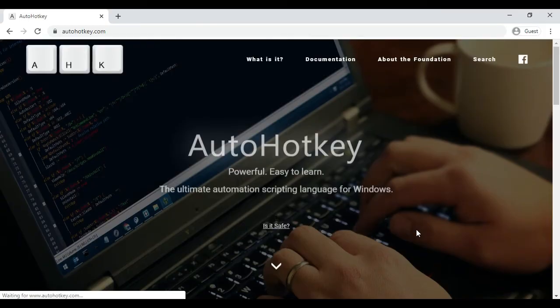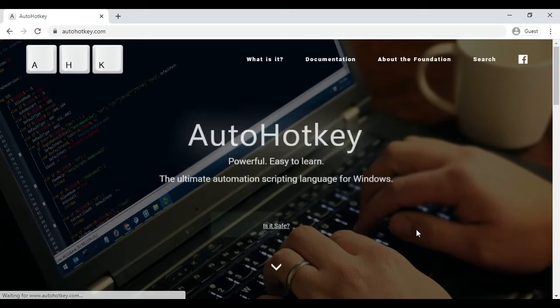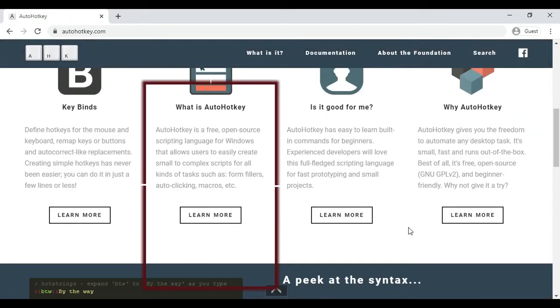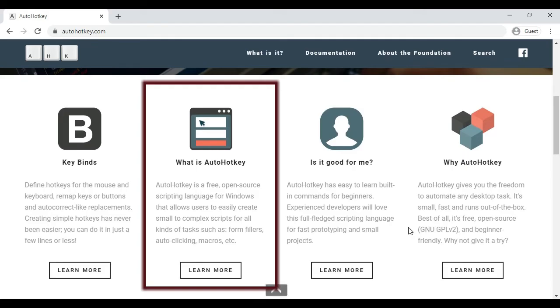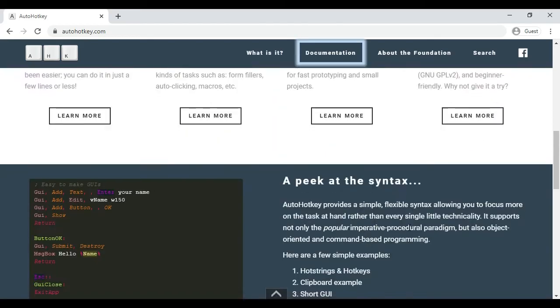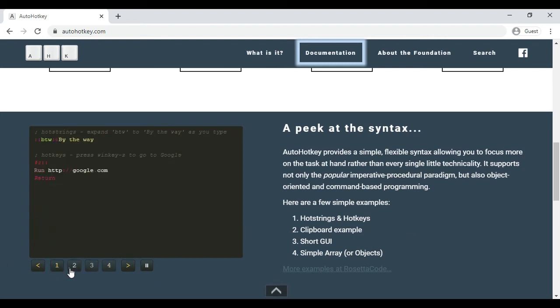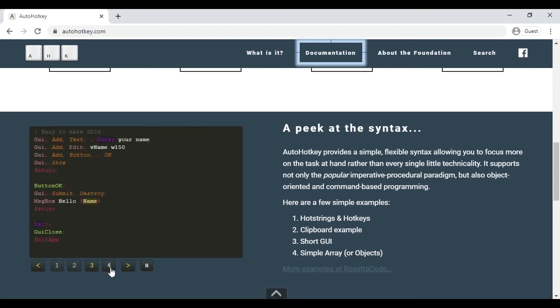I have done this using Auto Hotkey Scripting Utility, which is also commonly referred as AHK. AHK is an automation scripting language for Windows. We can develop powerful mouse and keyboard automation scripts using AHK and do a lot of things. You can find more about its feature example in the documentation section of this AHK website. This tool has a lot of potential to build a simple to complex automation script.